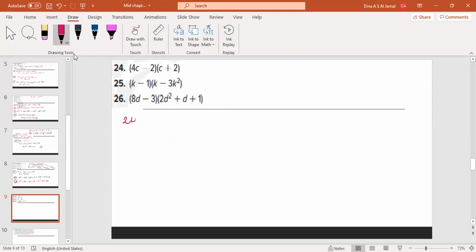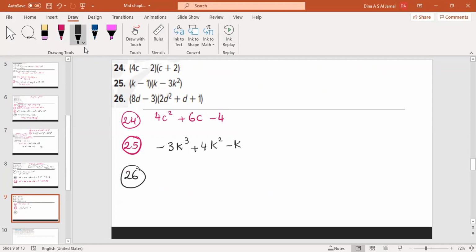In question 24, it's having the same idea of the FOIL method, so please solve it alone. I will be giving you the final answer. It's all about 4c squared plus 6c minus 4. And you can ask me at any time. 25, it's all about that, you will be having minus 3k to the power of 3 plus 4k squared minus k. 26